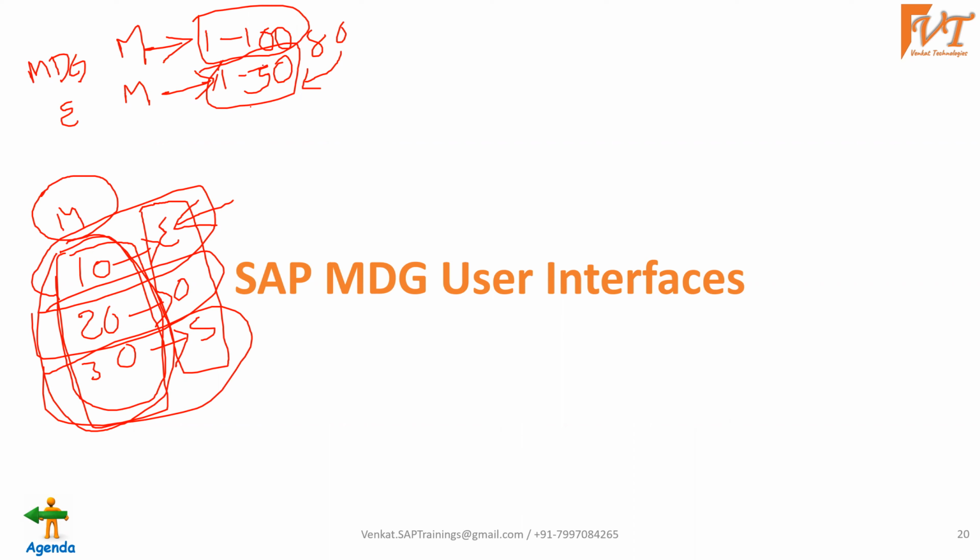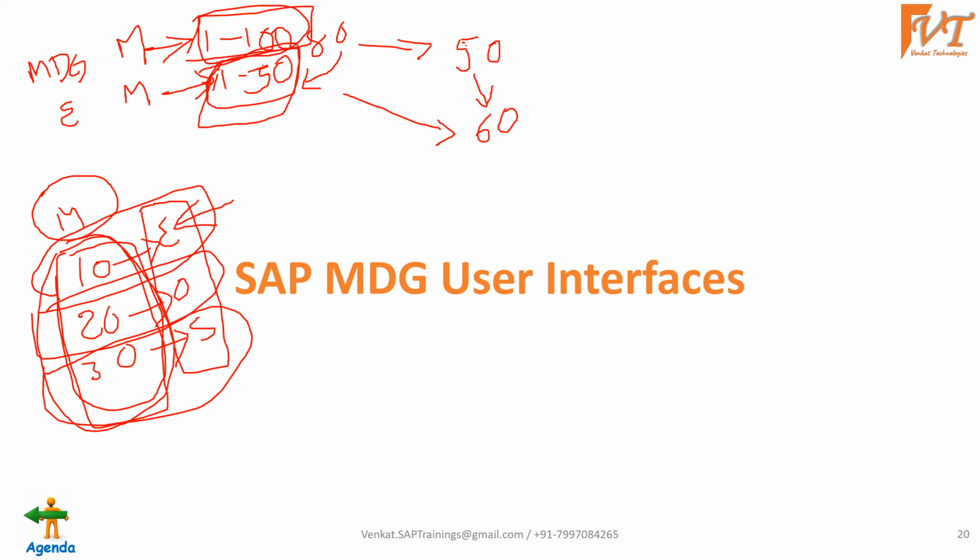While overwriting also, if the number ranges in MDG and in ERP are different, then while overwriting, it may not be correctly mapped. For that, in MDG, we have an additional concept called key mapping. It's a bit of an advanced topic, I just want to give you the information. Let's say here in MDG we have material number 50, whereas in the source it is 60. If we simply transfer this, the actual material number will not be overwritten. Some other one will be overwritten.